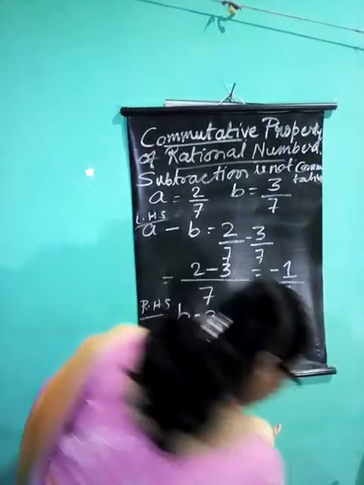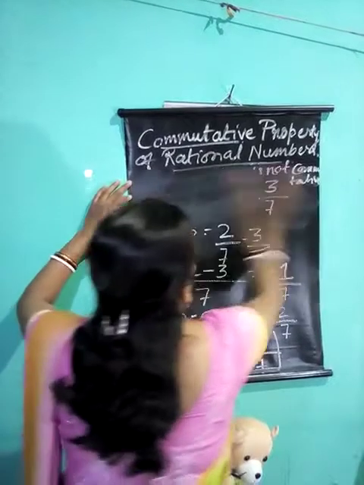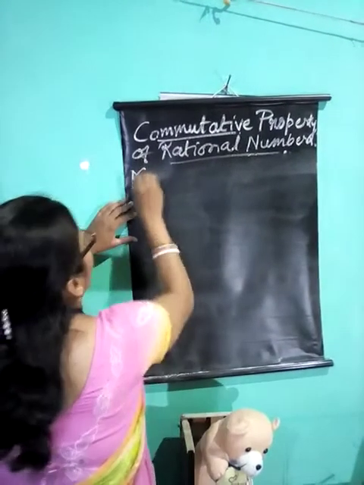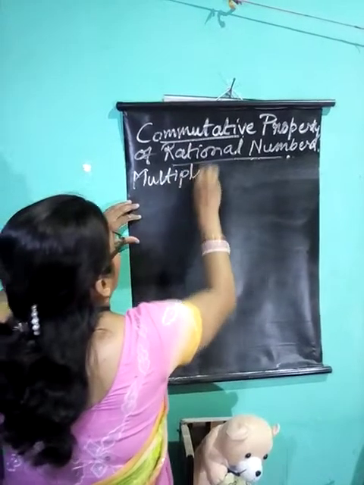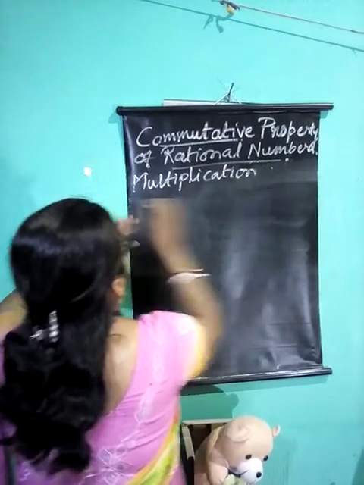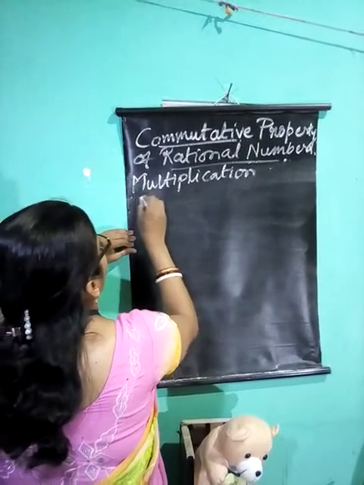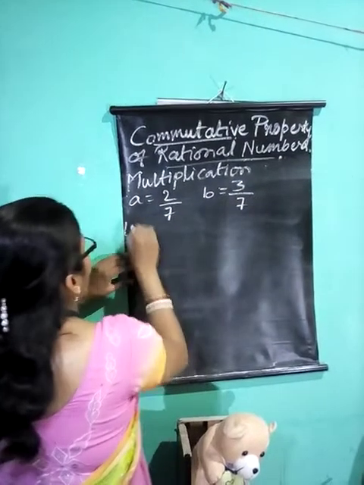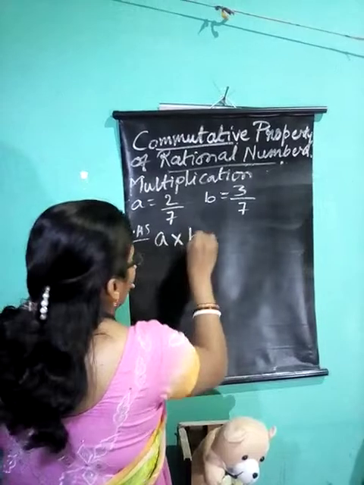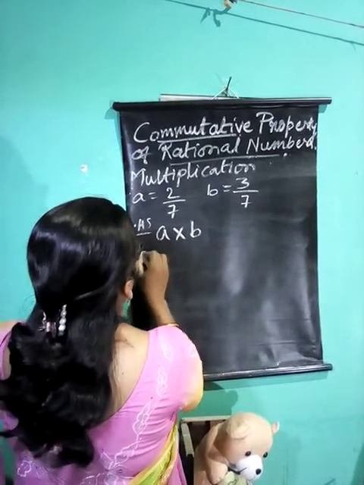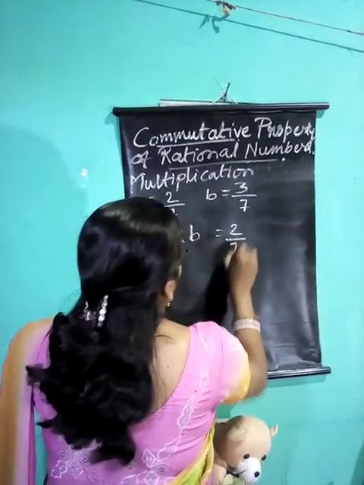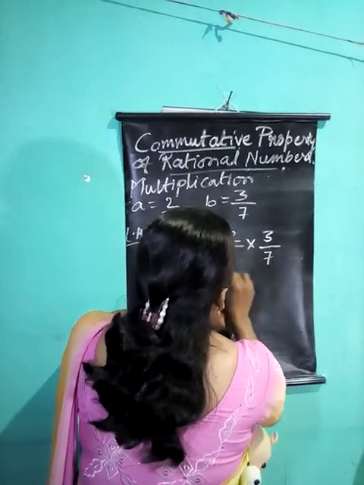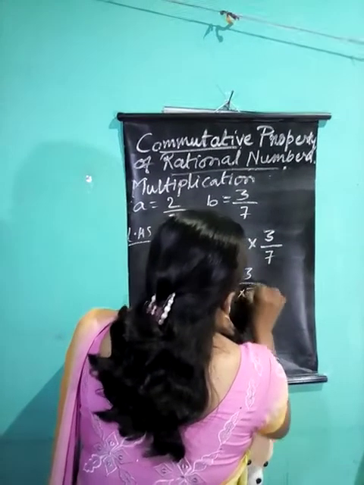Got it? Now the third one, multiplication. Let us see whether multiplication is commutative or not. We are just going to change the sign. Rational numbers are A is equal to 2 by 7 and B is equal to 3 by 7. Now LHS will be A into B, that is 2 by 7 into 3 by 7. You get 2 into 3 and 7 into 7, that is 6